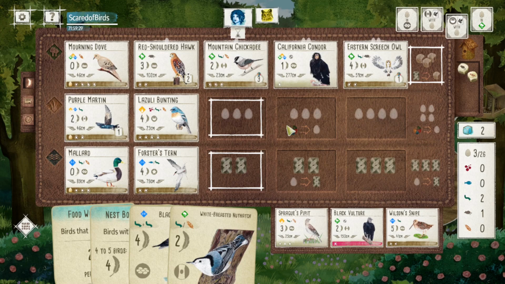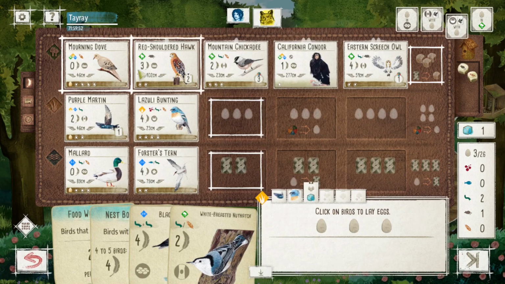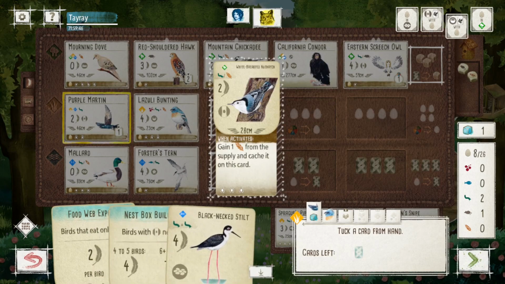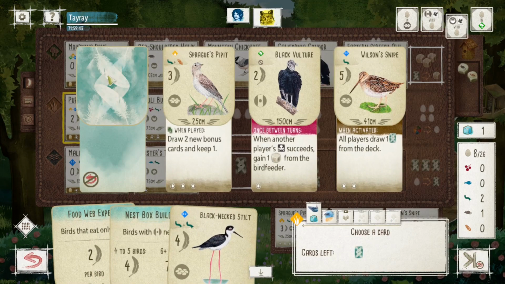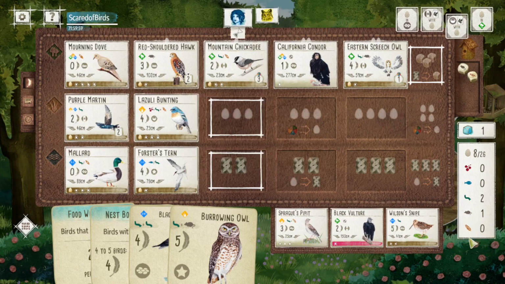So now the plan is to play the blackbird to gain some cards. I really need that. I think it would be really nice to have a third grassland bird, but at the same time it's also really not, because even with 1 additional grassland bird, I'm only gonna be laying 3 eggs, and I have the bunting, so I think I more likely than not am going to run